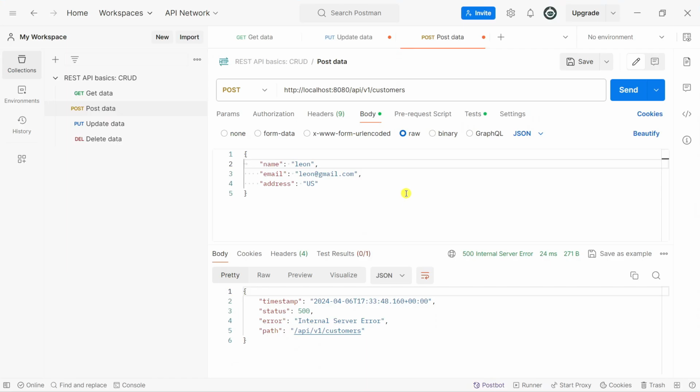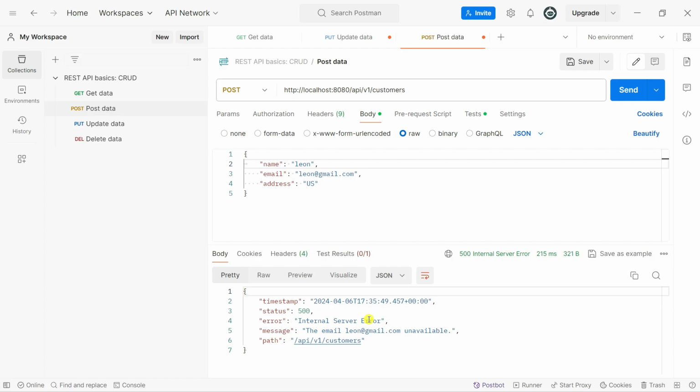Back to Postman. Before, we did not have the message attribute included in the error response. Now if I click on send of the POST request, you can see here we receive the message attribute included in the error response object. But let's have a look at the status code, which is 500, and the error is internal server error.